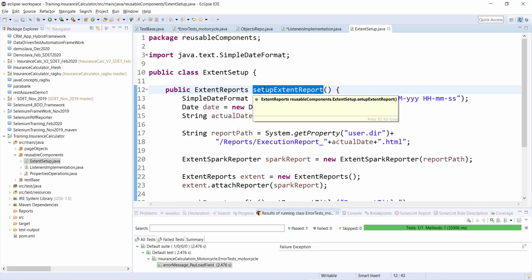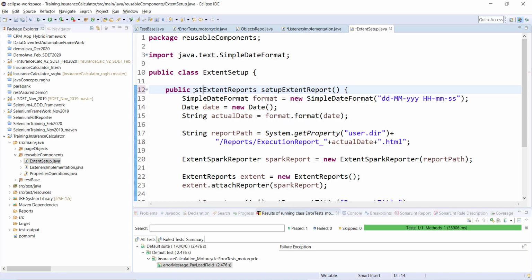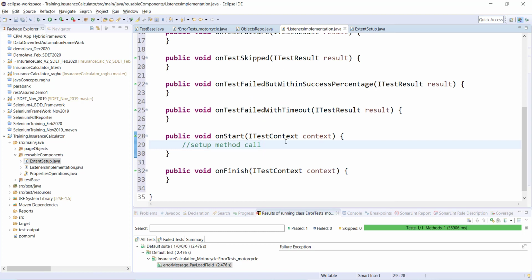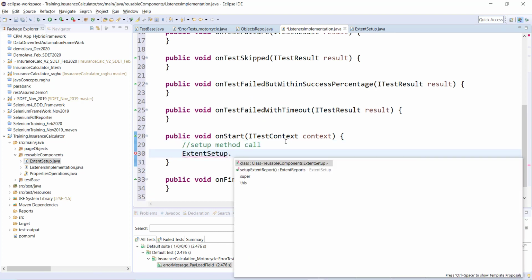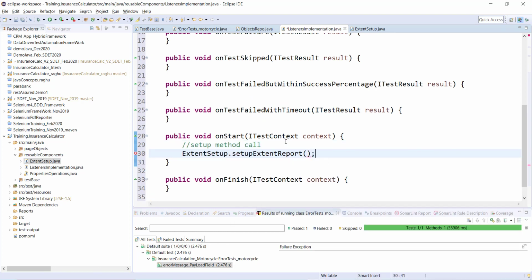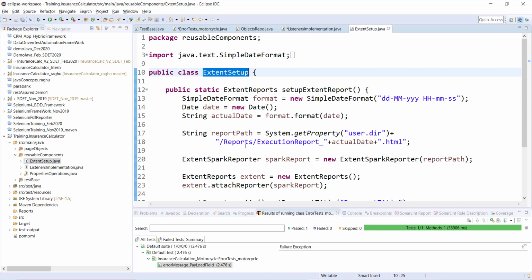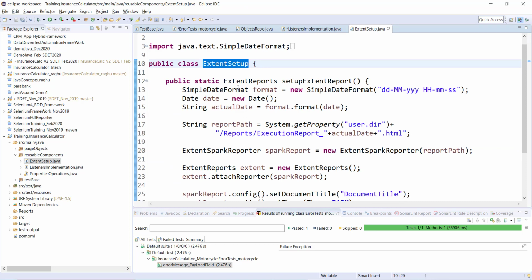Let me make this method static so as to call it very simply. So I'll write extent setup dot extent report setup, and this is going to return me an extent object, the object of ExtentReports.